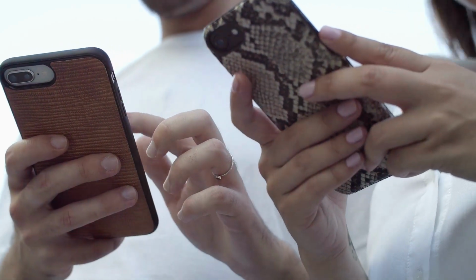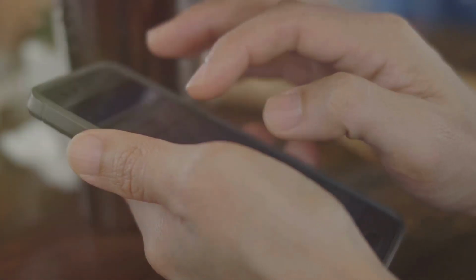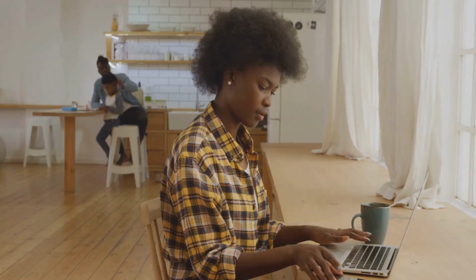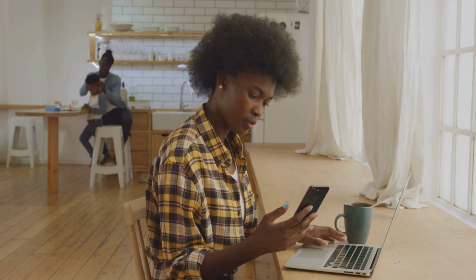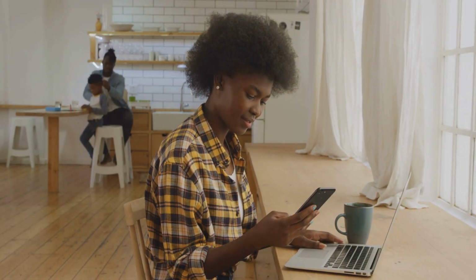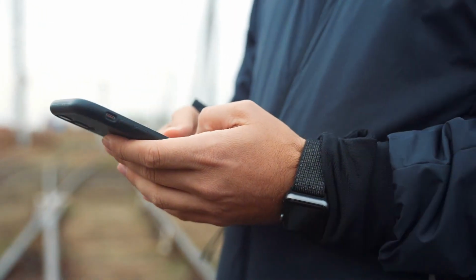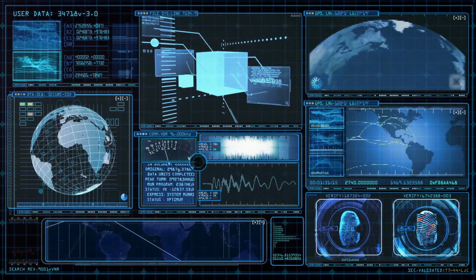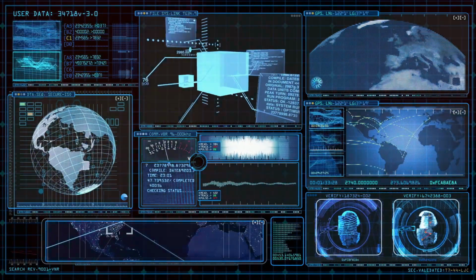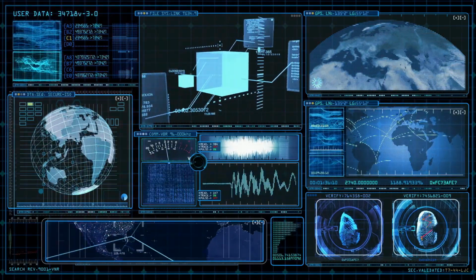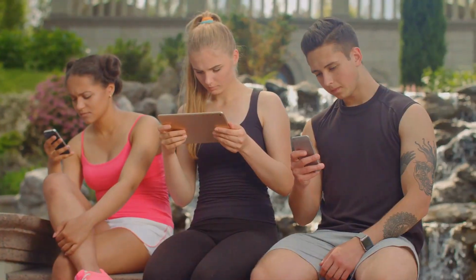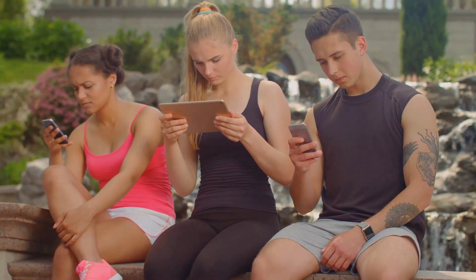Now, think for a moment about the last piece of technology you used. Was it your smartphone, your laptop, or perhaps a smart home device? Regardless of what it was, why did you choose to use it? What made you accept this particular piece of technology into your life while rejecting others? Was it because it was easy to use, or because it helped you achieve a particular goal? Or perhaps it was because your friends or colleagues were using it?